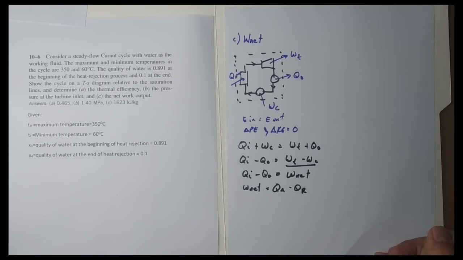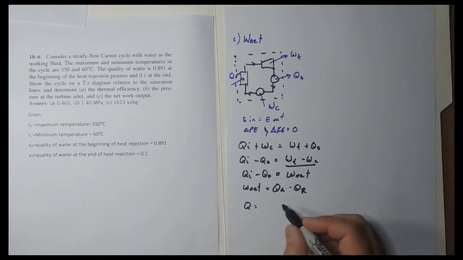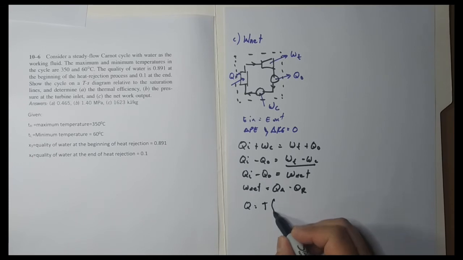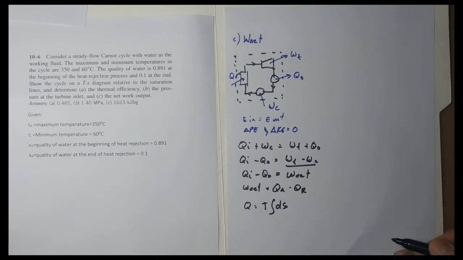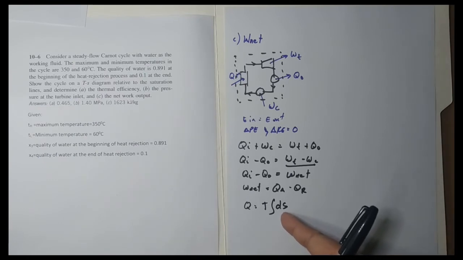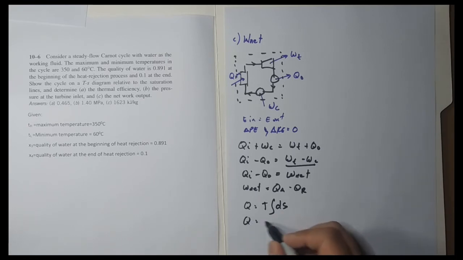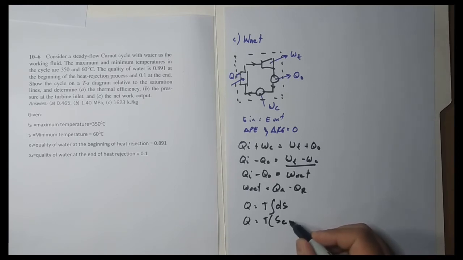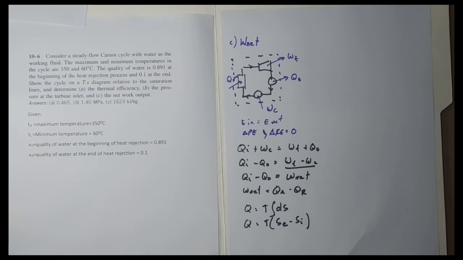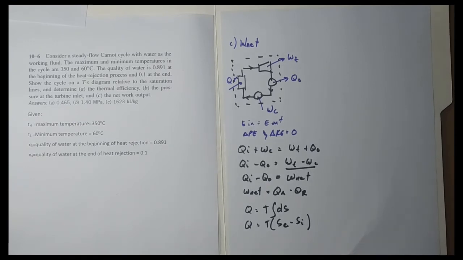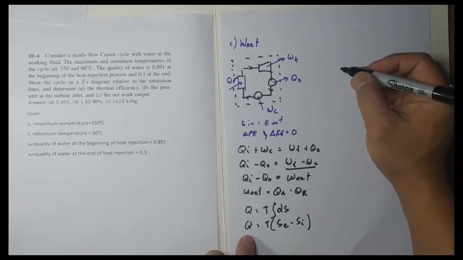Now, sa ideal gas law, meron kang tinatawag na Q equals temperature, then the integral of ds. Or kapag ito ay gawin mong delta, T, S, exit, minus S, inlet. So, ganun lang naman yon. Yan. Pwede natin gamitin yan. Bakit natin gagamitin yan? Sige. So, malalaman natin ang QA